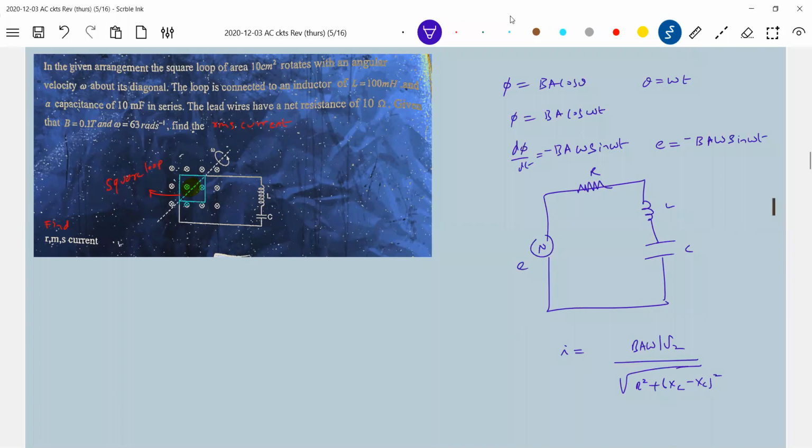Nothing to do with any other thing. The EMF generated cannot be a constant EMF. The EMF should be time varying, no? Then only we can have a response like this. I'll check the value. I have 4 into 10 to the power of minus 4 ampere. Do later on. Answer will be.